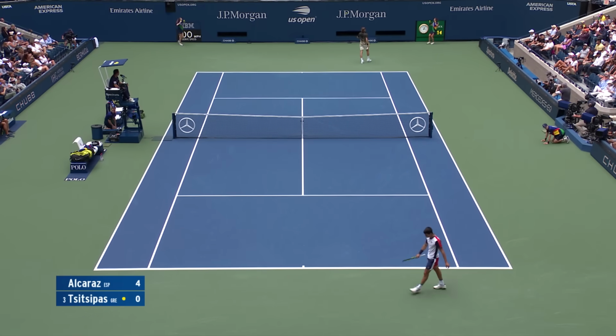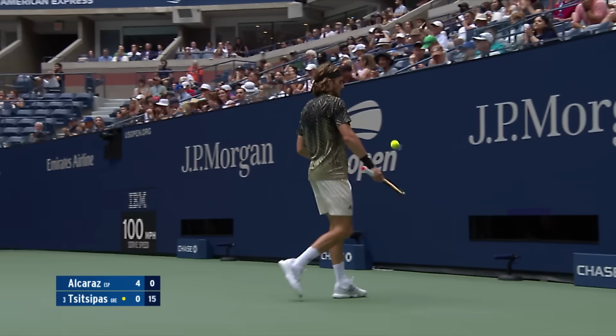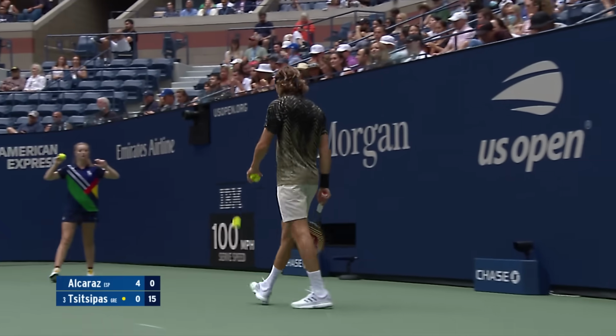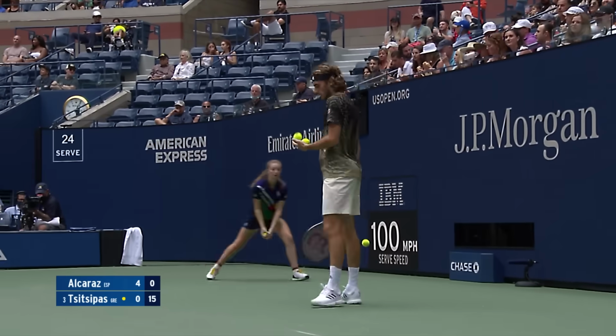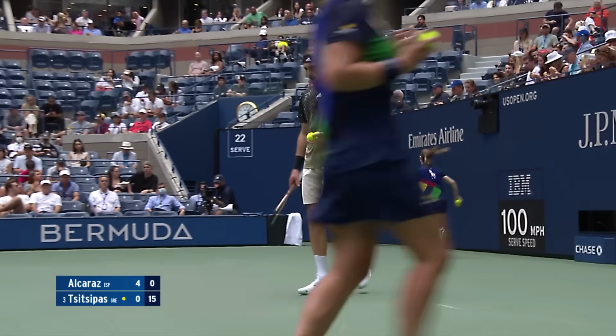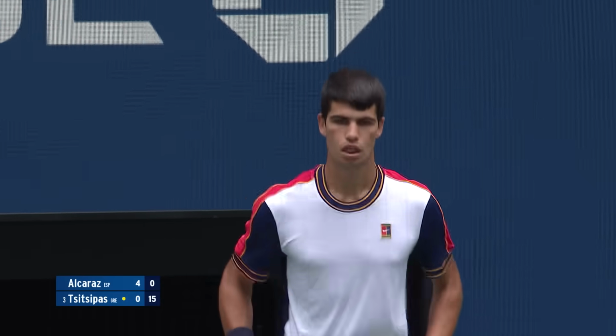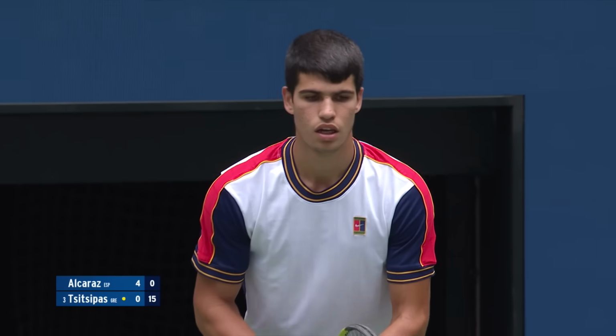Nice little change of direction. Nice forehand there. Stretching it out, that angle. 15 love. So Lee, one of my favorite things is to try to read tennis players. It's always been something that I've done as a player, when I was coaching and as an analyst. And the face that Alcaraz brings to this is...